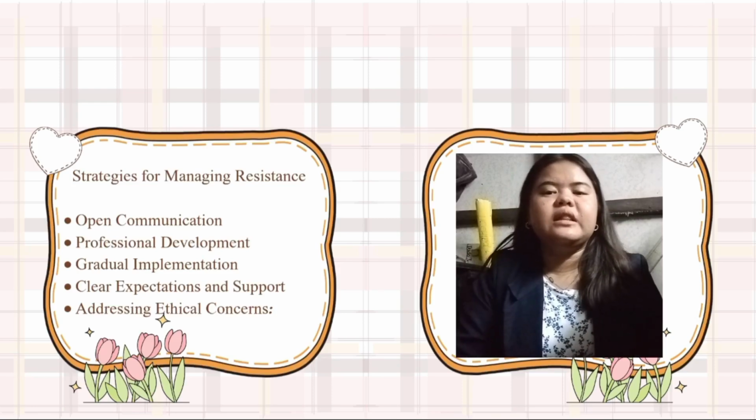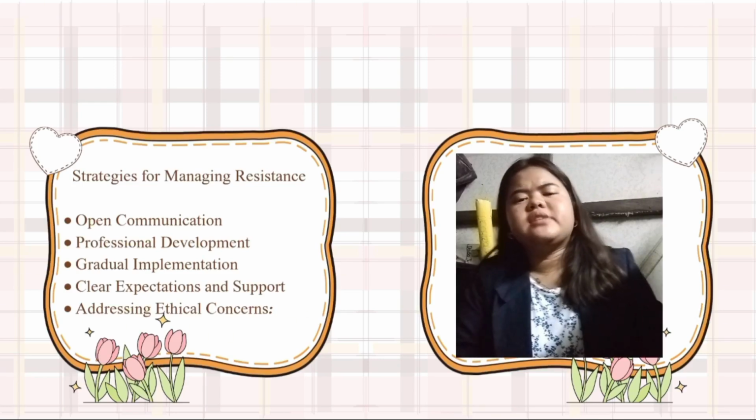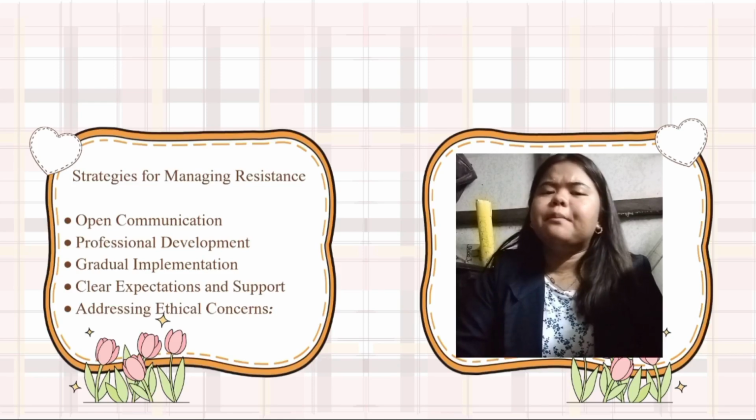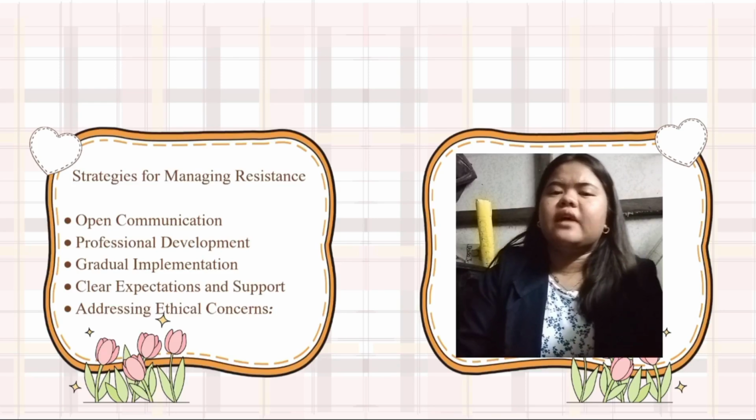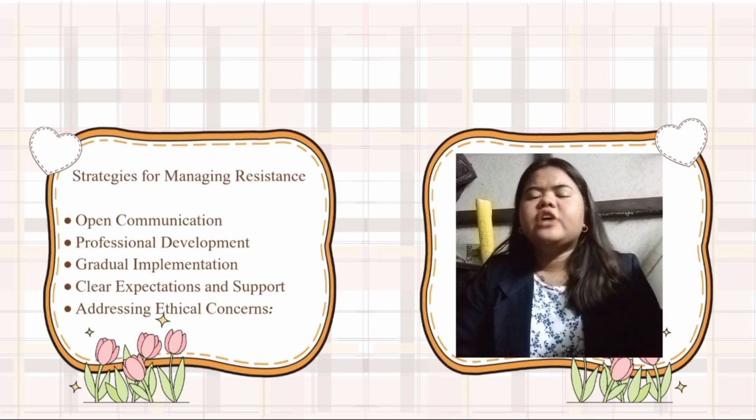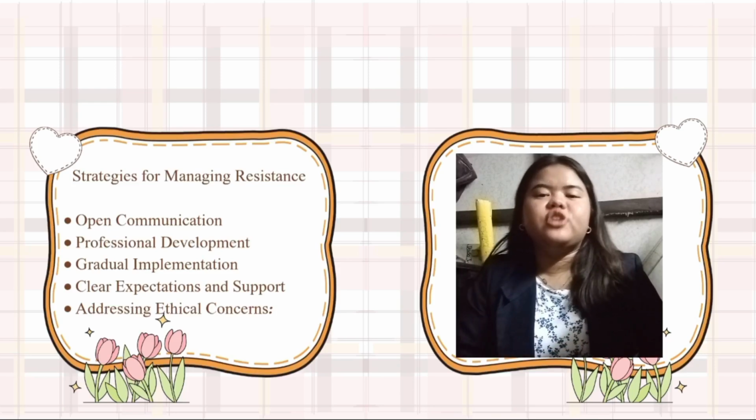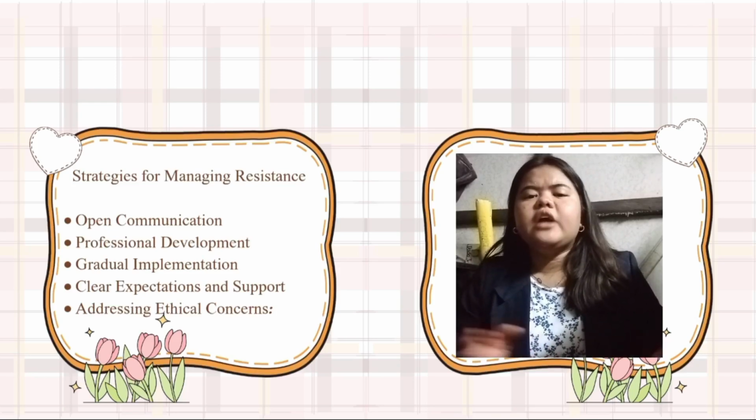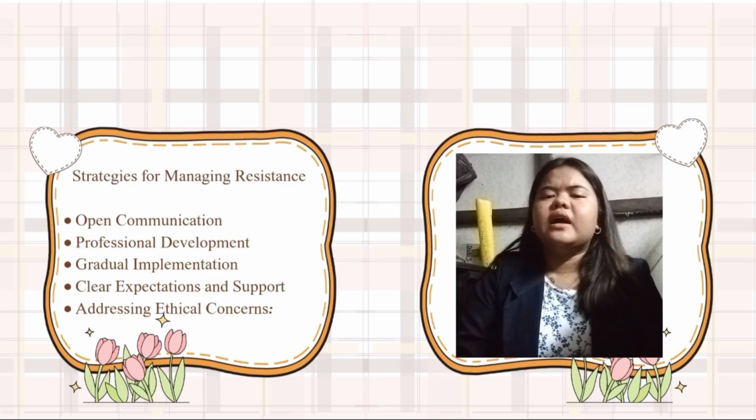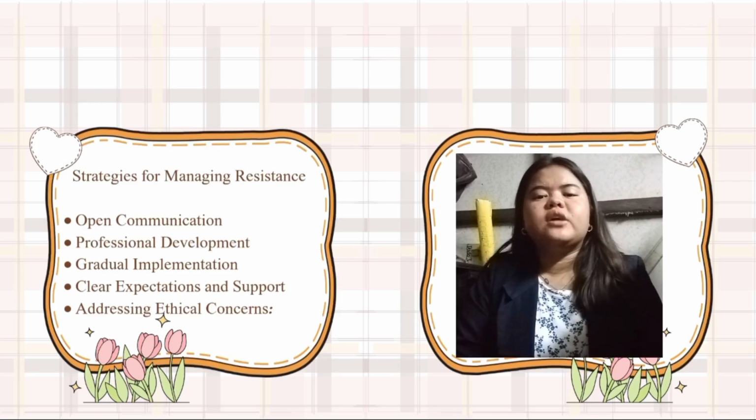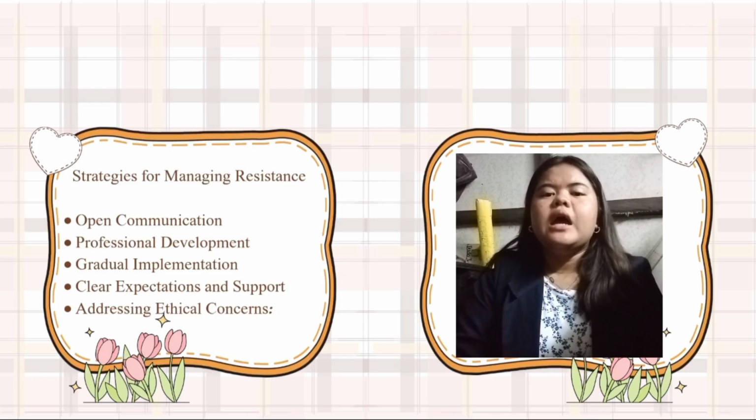Number four is the clear expectation and support. Establishing clear expectations, providing ample scaffolding, and offering ongoing support to students can help them navigate the challenges of learner-centered learning. Addressing ethical concerns is number five. Ensuring that learner-centered approach are implemented ethically and fairly, with due consideration for student individual needs and capabilities is vital